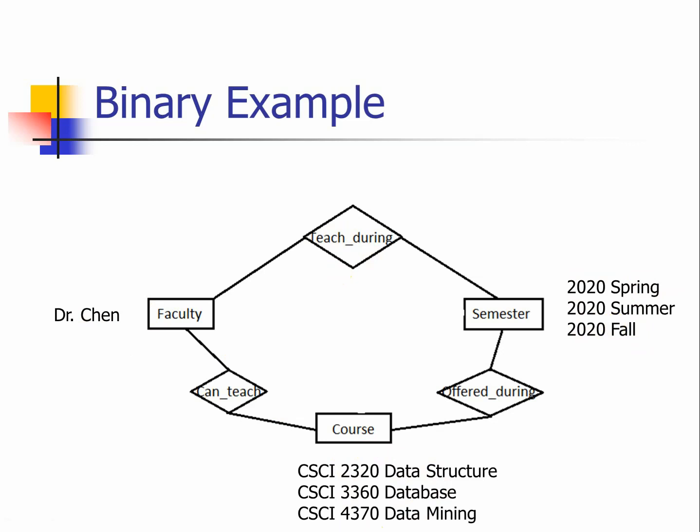In this case, you can see that it is not clear what course I teach in what semester. For example, I teach database 3360 in fall semester. If this is the information I want to capture, I'm actually not able to present that in this setting,